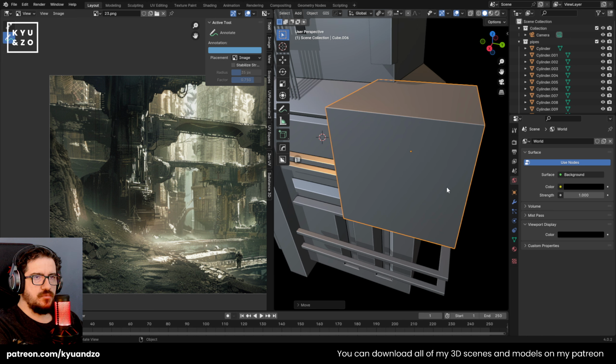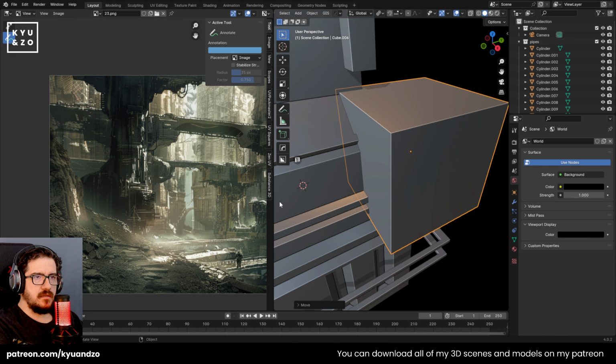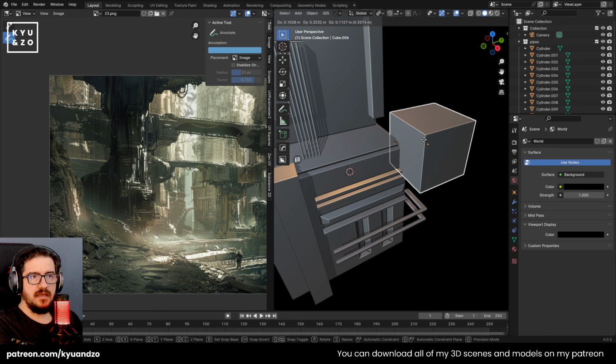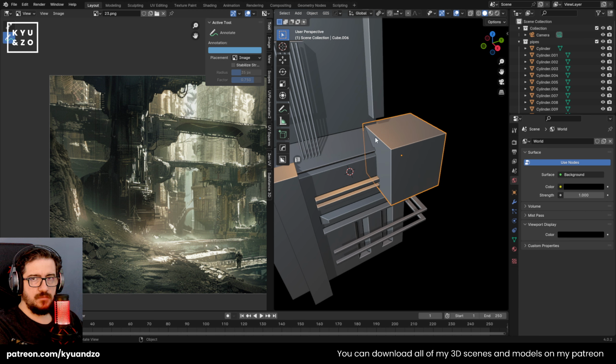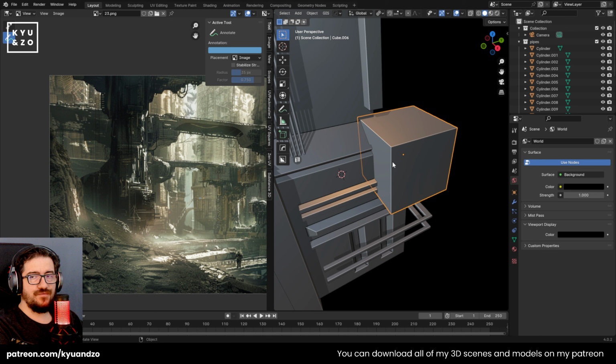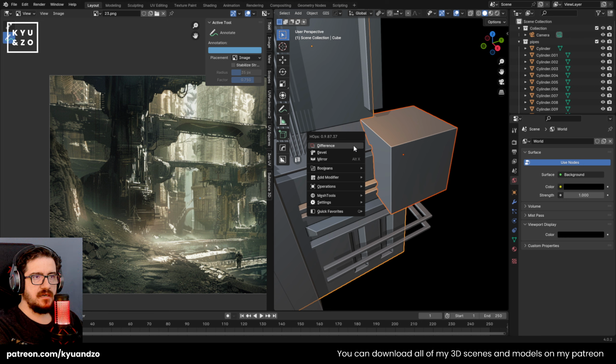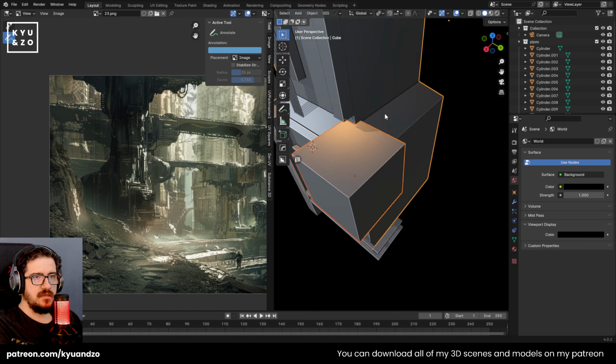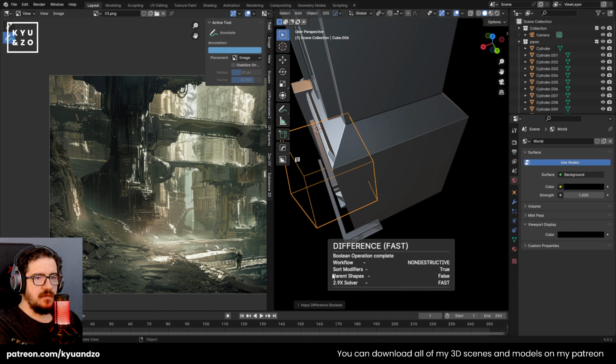you can use Boolean, and I don't recommend it so much, because if you want to work in a clean way, or if you are working for a client, you don't want that. But just let me show you for different kinds of options. I'm using Hard Ops Boolean, but it's the same operation. So you can have a Boolean,